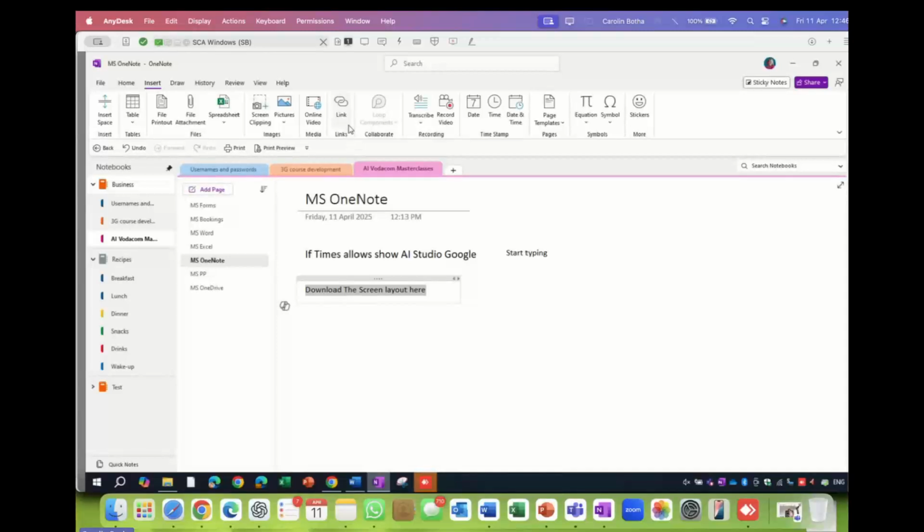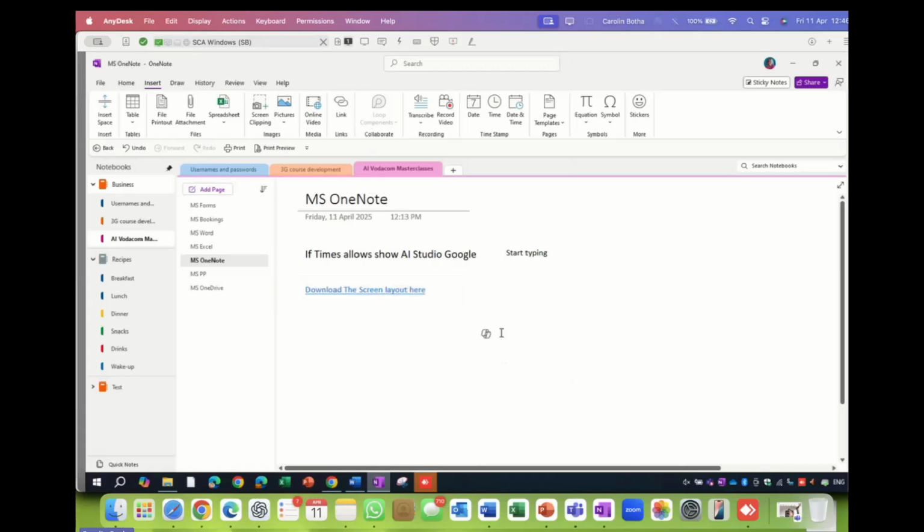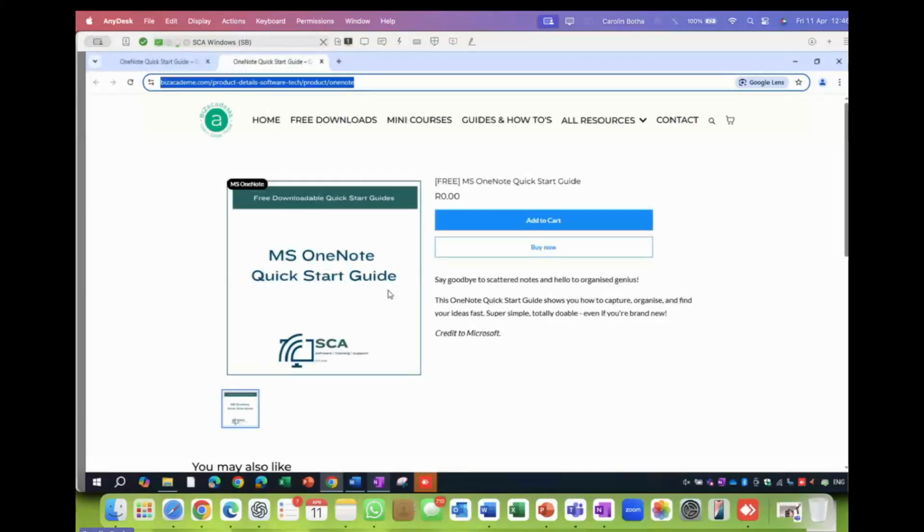You know the drill most probably. I insert a link. I've already pasted that. I've copied that. I can right click here and look at this. It can even show you exactly where you want to do that, but that's not for now. I'll come back for a second round on that. We know where we want it. We've selected the text on that sticky note exactly where we want the link. So we click on OK. And whenever I go, of course, I get a little hyperlink hand. Click, and it will take me straight to that